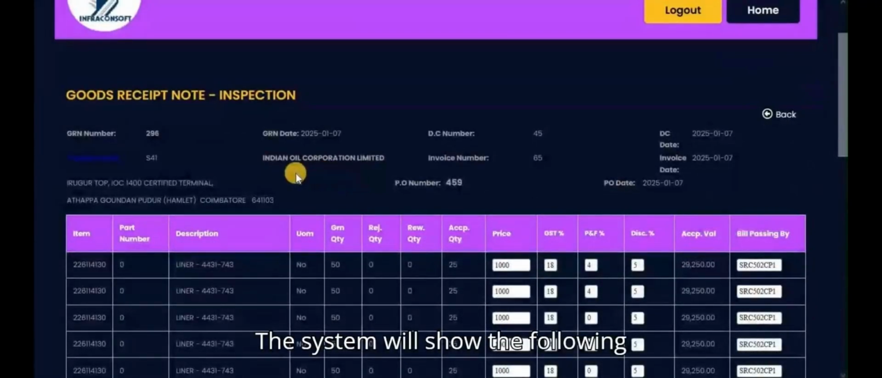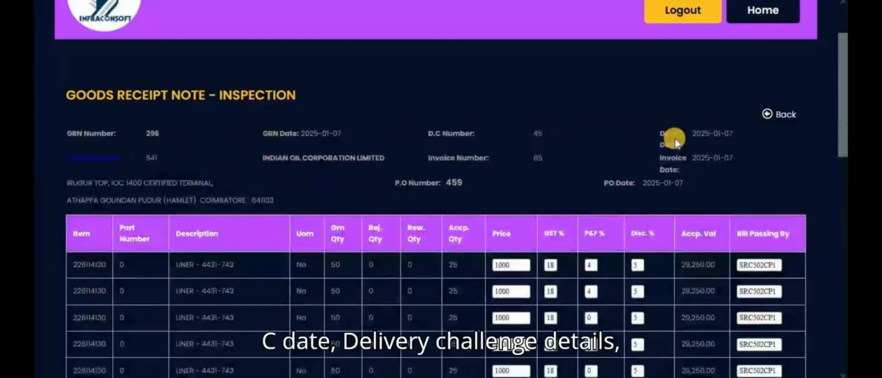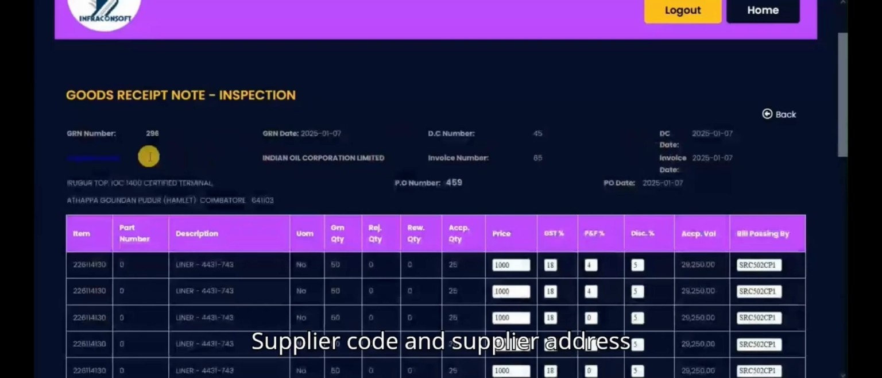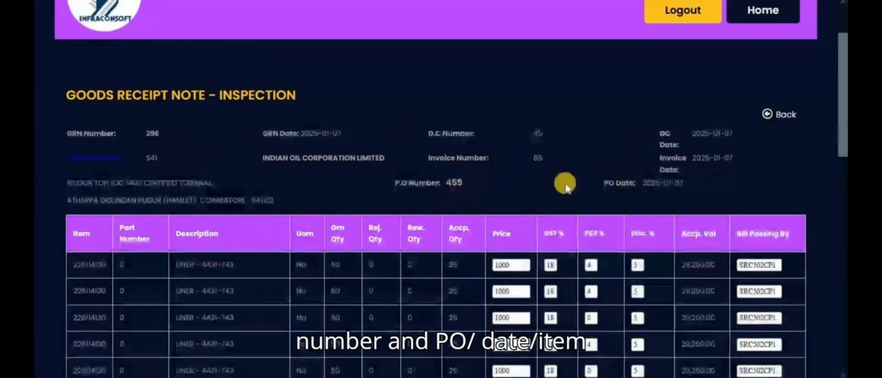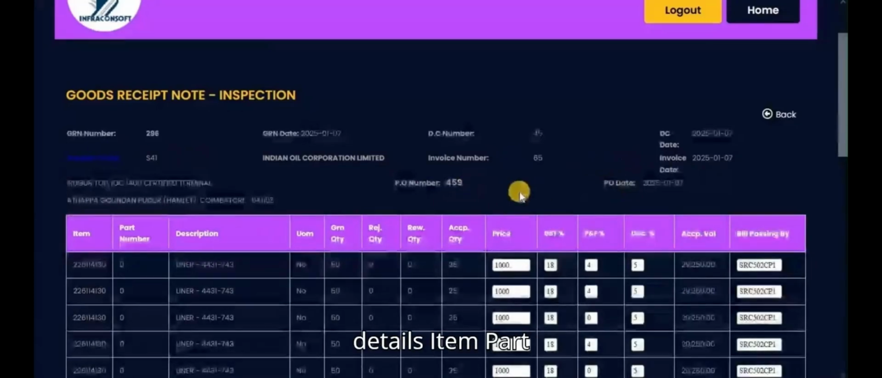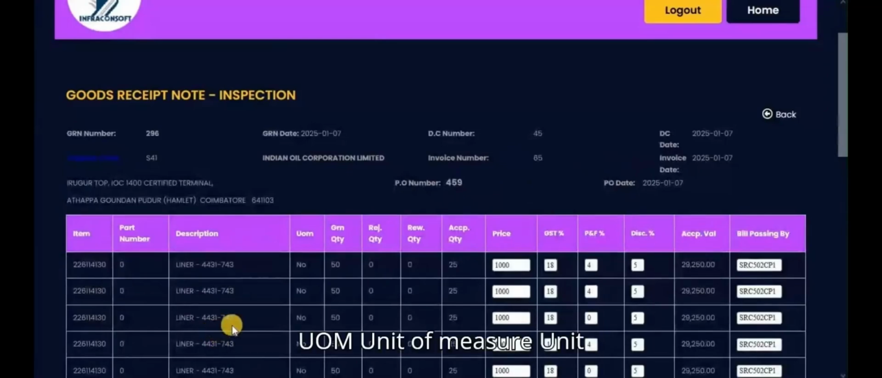The system will show the following details: GRN number and date, DC number and DC date, delivery challan details, supplier code and supplier address, invoice number and invoice date, PO number and PO date, item details: item, part number, description, UOM (unit of measure), unit of measurement for the item, GRN quantity received in GRN, quantity rejected after